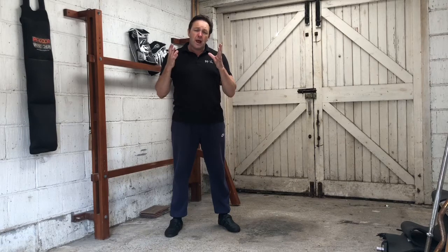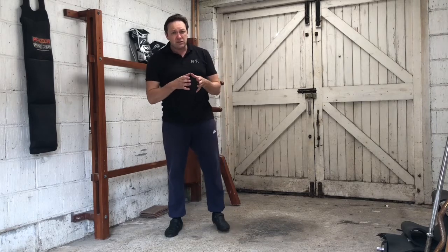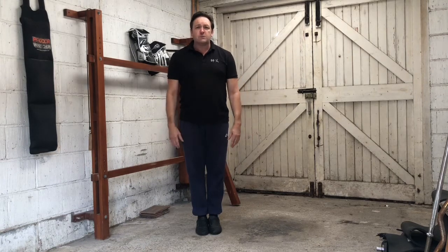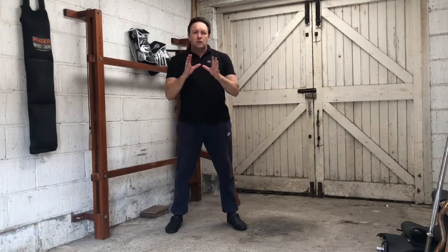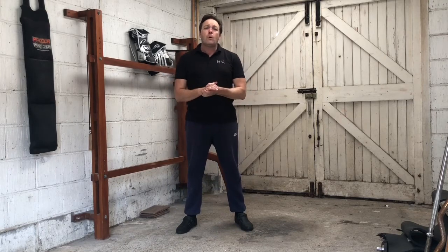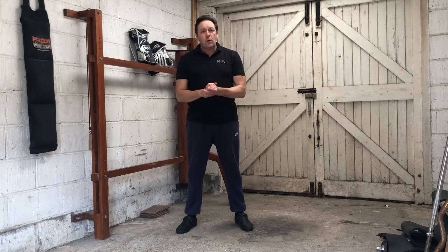So as always, make sure that you're throwing the techniques from a good basic stance. One of the ways you achieve that is by standing with the feet together, your arms relaxed by your sides, and then you open the stance, turning the heels out, flicking the heels out, and bending the knees, lowering your center of gravity. Most importantly, you're tucking the tailbone under, which is generally going to strengthen your core and your lower back,